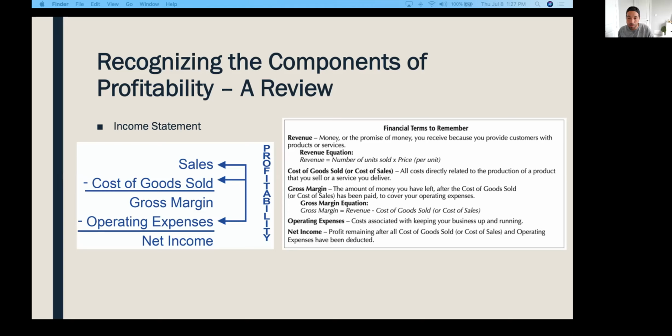So the only way to increase profitability is to make a change within one of the components that make up the net income equation. Okay, shown here. So you have to appropriately change one or more of the 3 components of profitability. So a change to sales, a change to your cost of goods sold, or a change to your operating expenses. For example, lowering operating expenses will typically increase net income, right? Increasing sales, for example, may also increase net income, but solutions are not always as simple as just increasing sales,